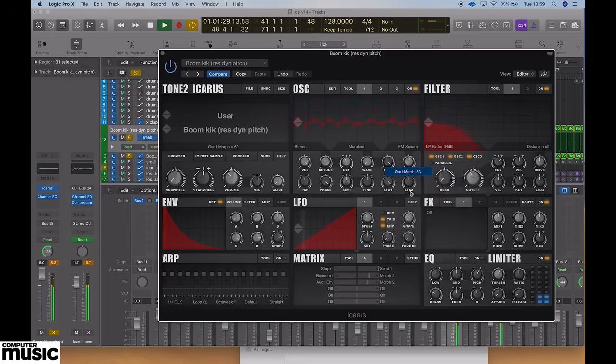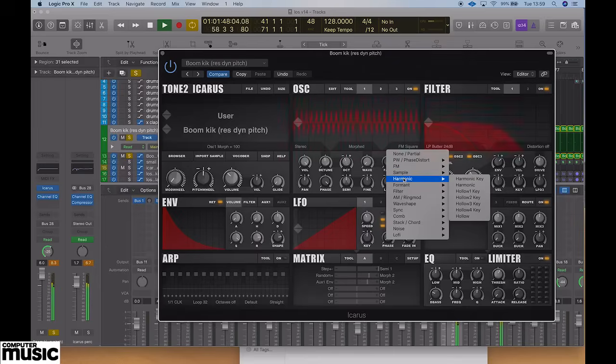and you can hear. This is really just the main thing that Icarus can do. For us, it's loading our own samples in, and then putting them through these various processes. You see there's a big list. You've got FM, various ways of harmonizing, formant filters, ring mods, and wave shaping,